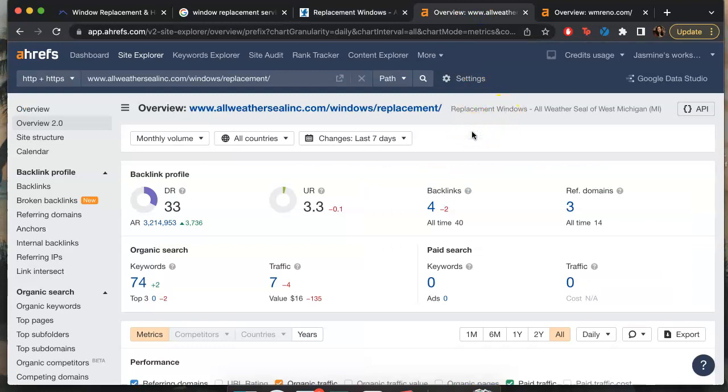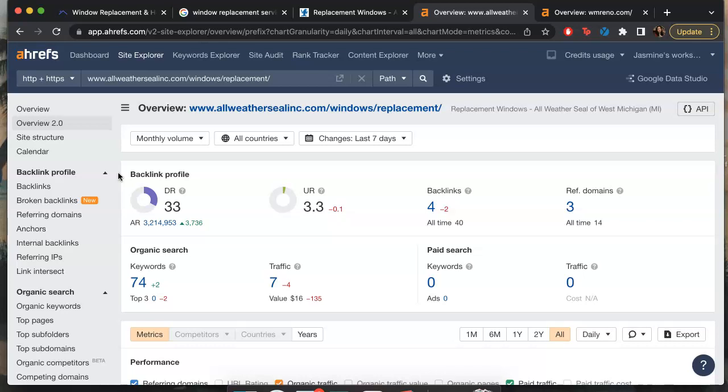Now I want to take you over here and show you this paid tool that I use called Ahrefs. This is a search engine optimization tool that I use to analyze different websites. And what I want to show you here are these two scores, this DR and UR score. Now DR is just an indicator of how strong Google thinks a website is, and UR is an indicator of how trustworthy it finds a website. And the higher both of these scores are, the more likely you are to be ranking higher on that first